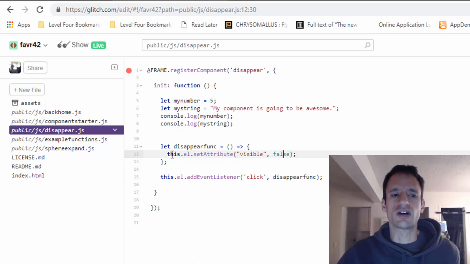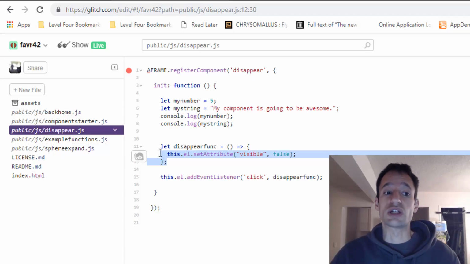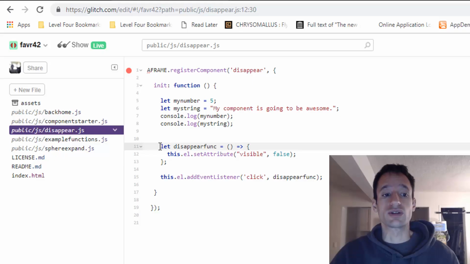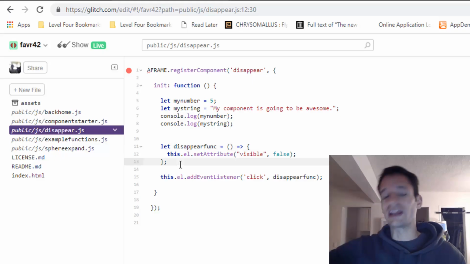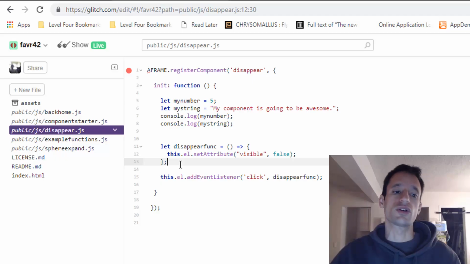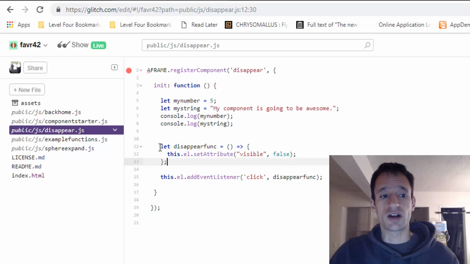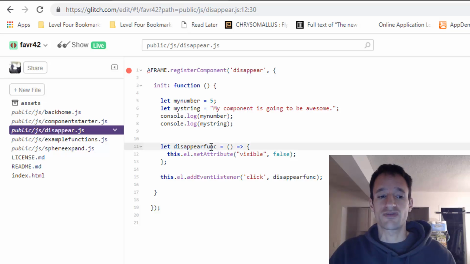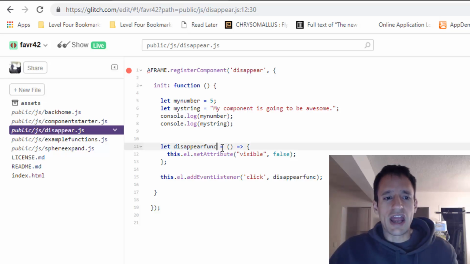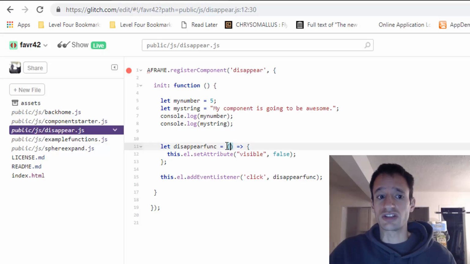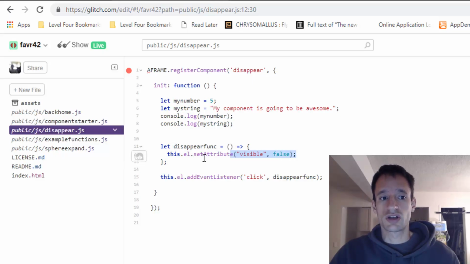So a quick review, okay? And I know, your first time with JavaScript functions, it's going to be something you have to get your head around, and let this be one of hopefully many other learning resources that you're working with to understand it. But with let disappearFunc, we're naming our function, and the function itself starts out with these empty parentheses. Normally you'd have function parameters here, but our function doesn't need any, so we don't have any. Equals and the right arrow, and then in the curly braces we have the code